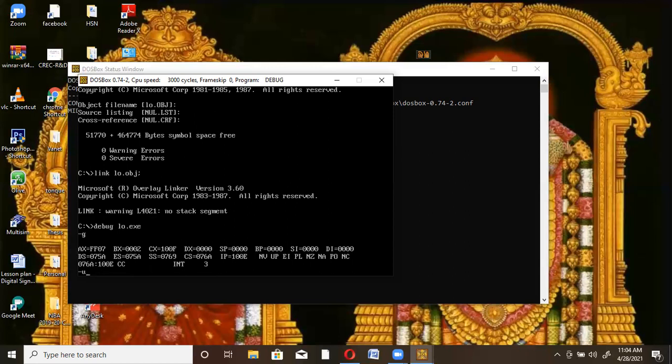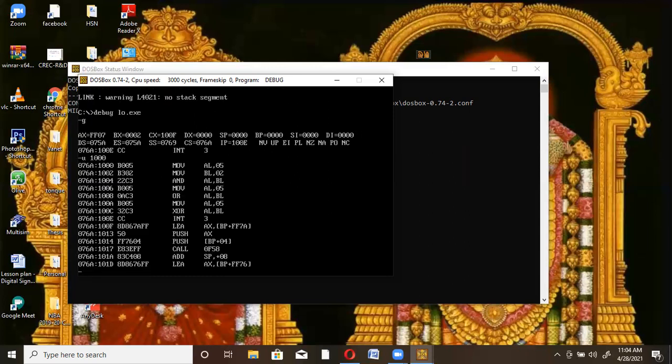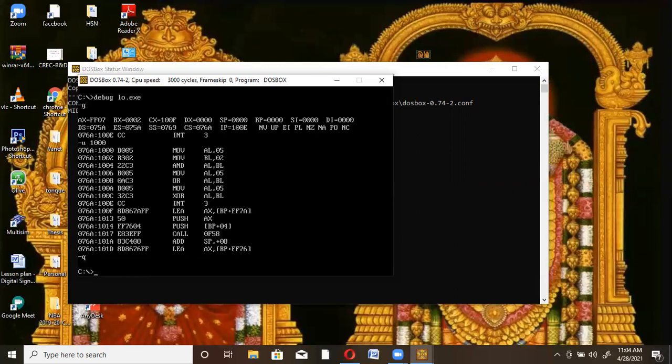If you want to see the program on this particular black screen, you may be able to see that. But keep in mind, whatever starting address you typed in the program should be typed here: u space 1000. In the program we gave 1000, so here we have to type u space 1000. Now you may be able to see the program on the screen. Once you want to come out from this program, press Q. Q is nothing but quit. Press enter. Yes, now we have come out from the program.